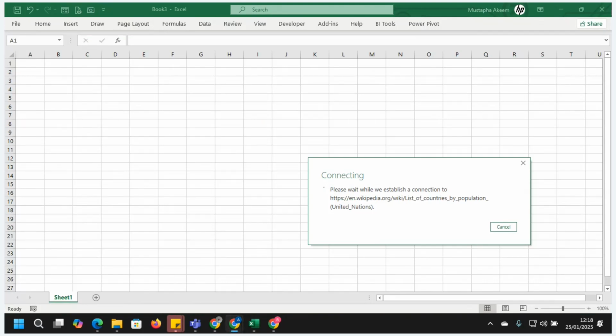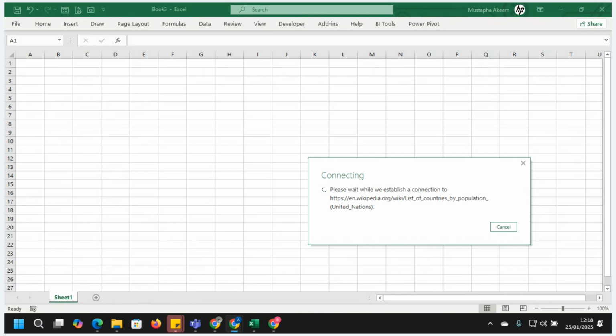Sorry, we are loading, connecting. It's taking longer to connect.